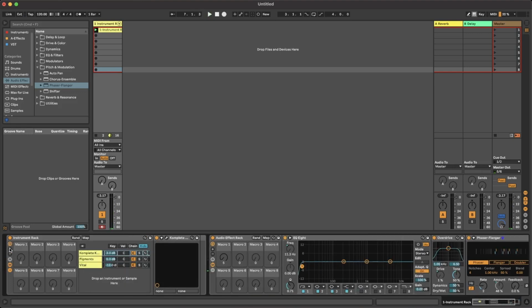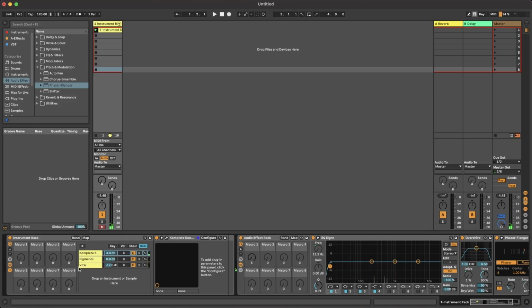As you have already guessed, we can link parameters in the same way in instrument tracks. We can control Kompakt, Pigments or Vital parameters with macros. Let's try this. For example, select Kompakt, open it,